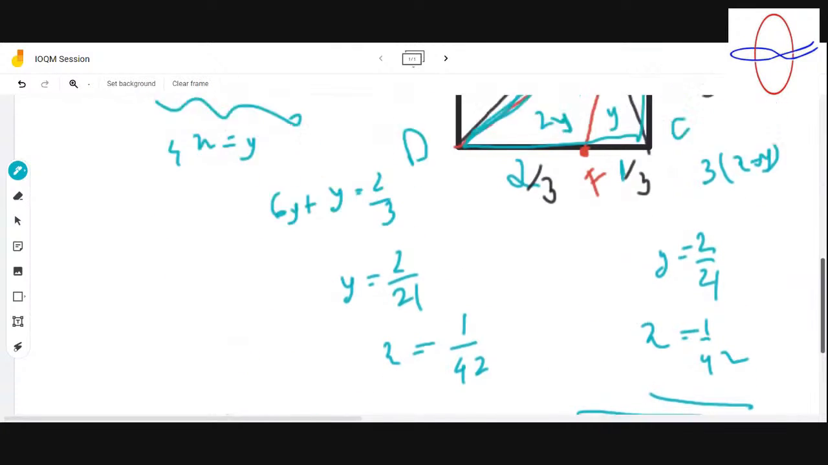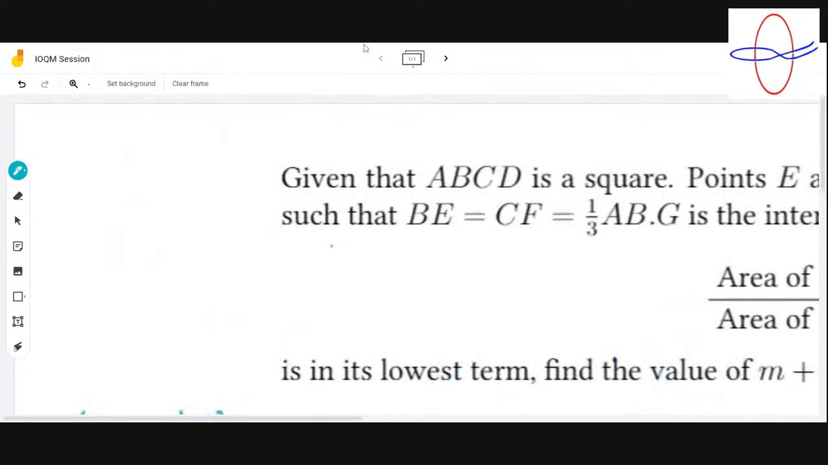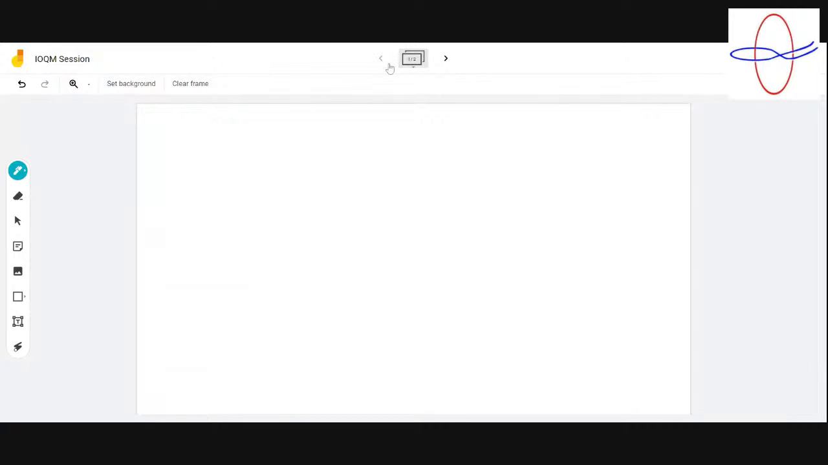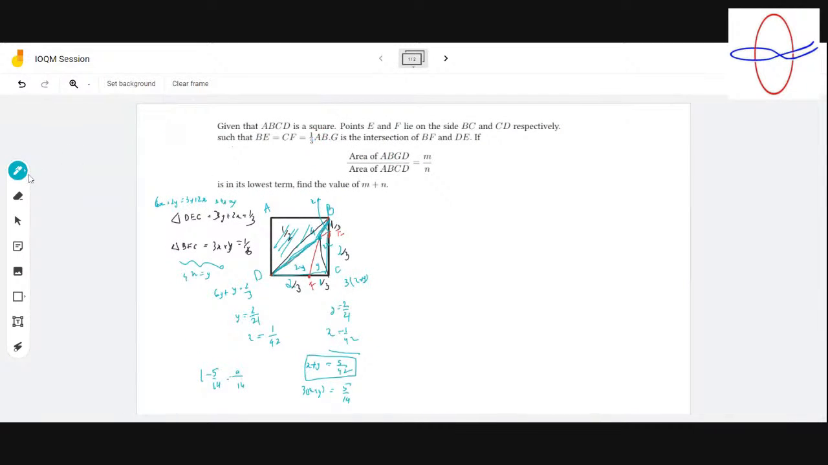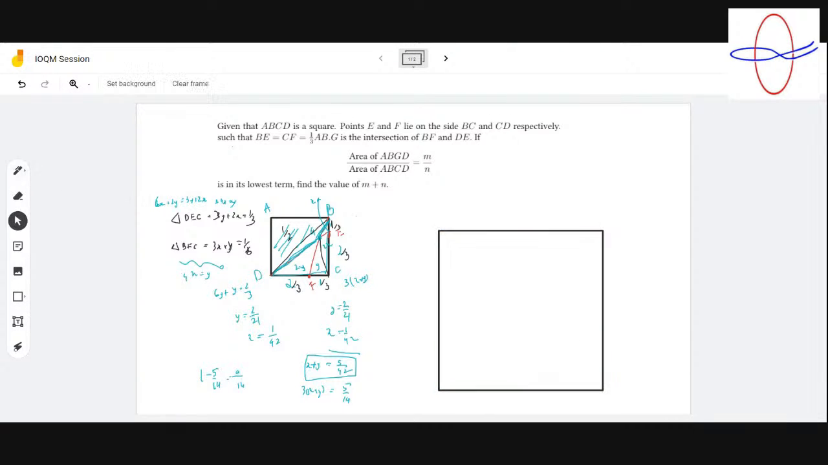Sure, I will repeat once again. So this is what the problem is all about. There is a square over here, and there are 2 points taken. So it's 1/3 of the whole thing, and it's 2/3. It should be the 1/3 region. And if you join this one,